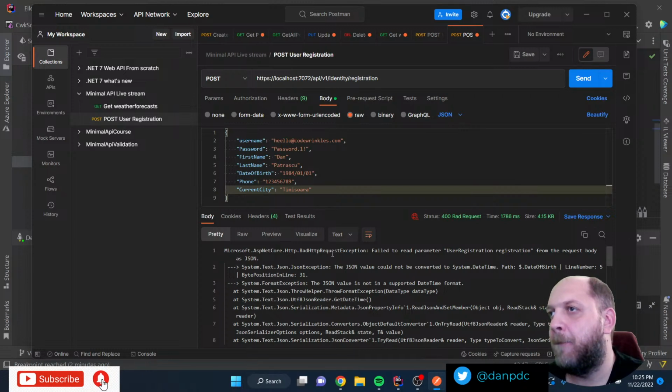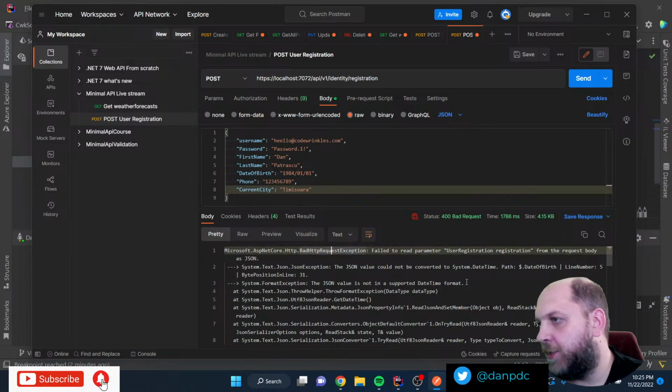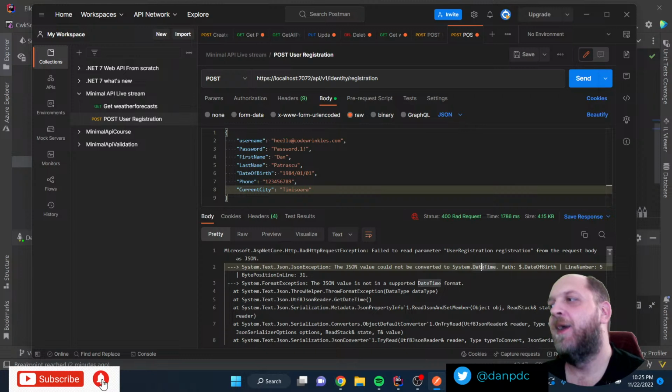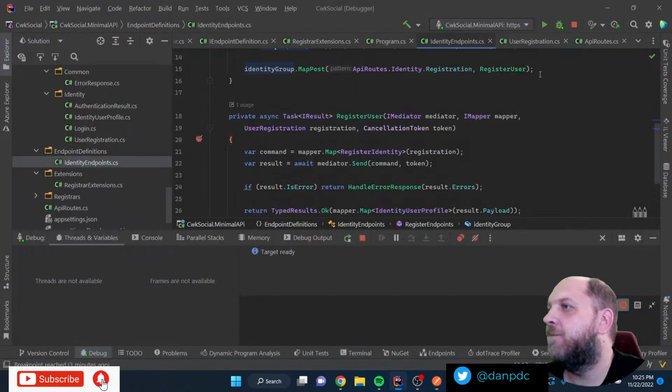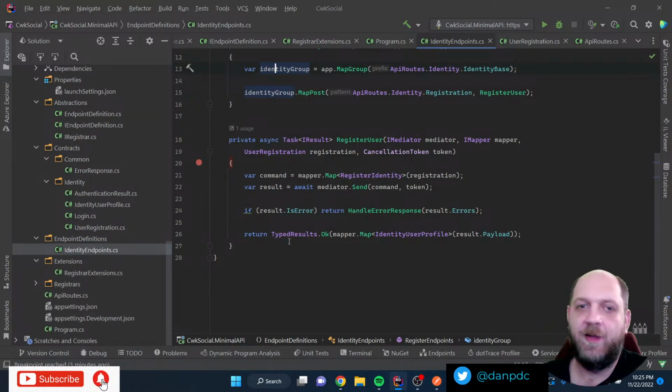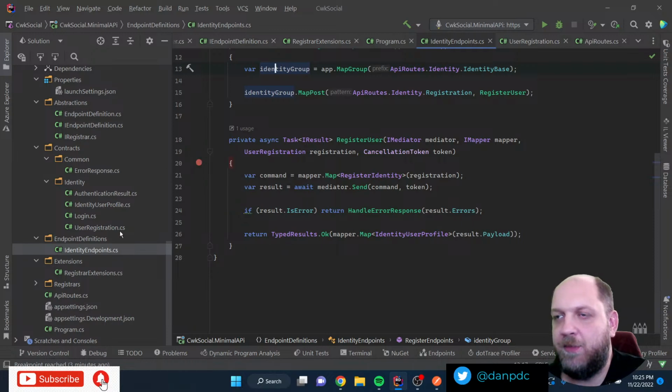Okay, the JSON value could not be converted to a System.DateTime. I told you I hate working with dates. I really hate that. What would be the correct format for the date time in JSON so that .NET would know to convert that into a real date time? Seemingly, what I have here is not okay.